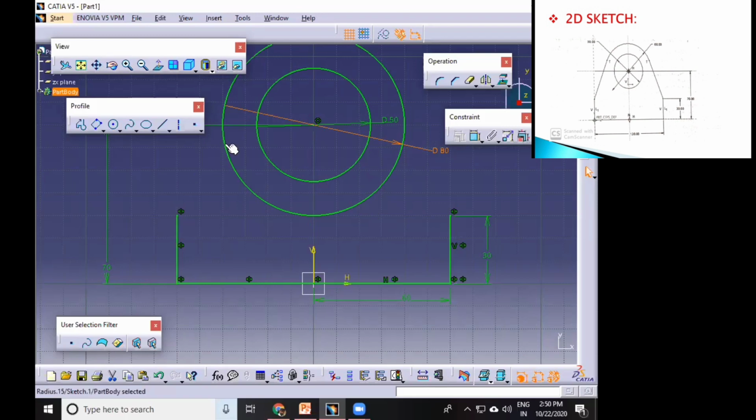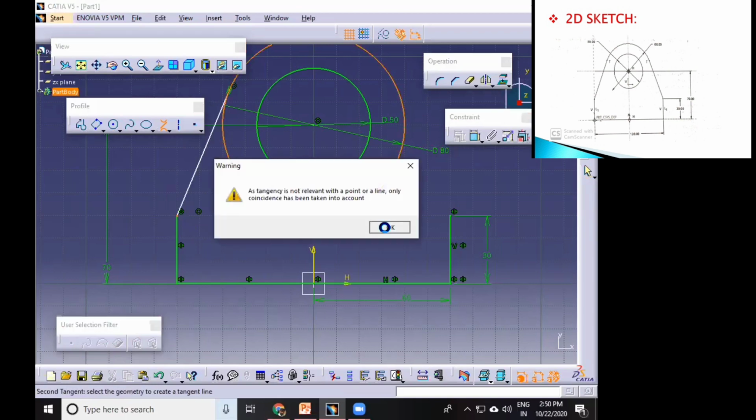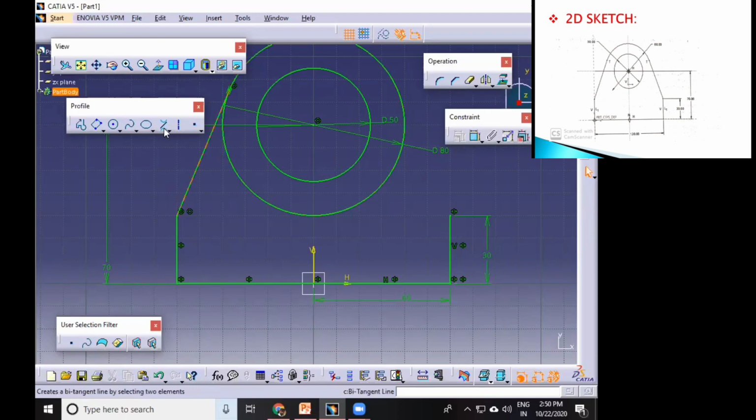In that, this line and this circle will be joined, and for that there is one command used to join them. This is the bitangent line. Okay, when you select bitangent line, then select your object. Okay, again select bitangent line and select the object where the line is to be drawn.